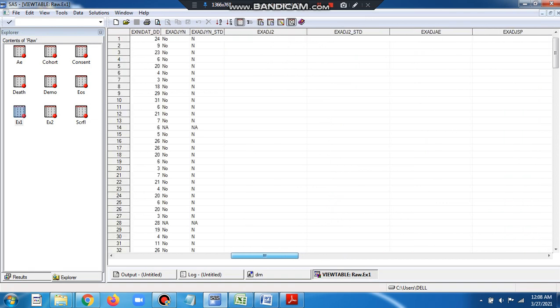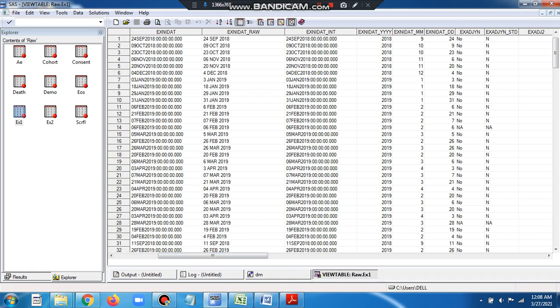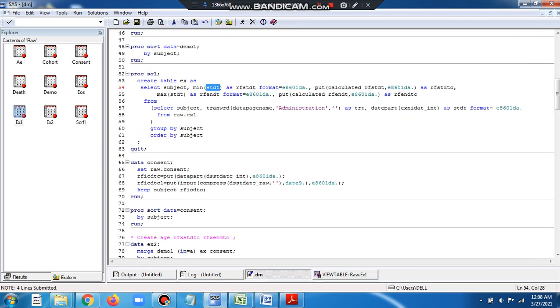Time is the variable exposure time, and exposure dates. So I'm taking the minimum start date. So from where did the start date come? So here I'm creating a start date.